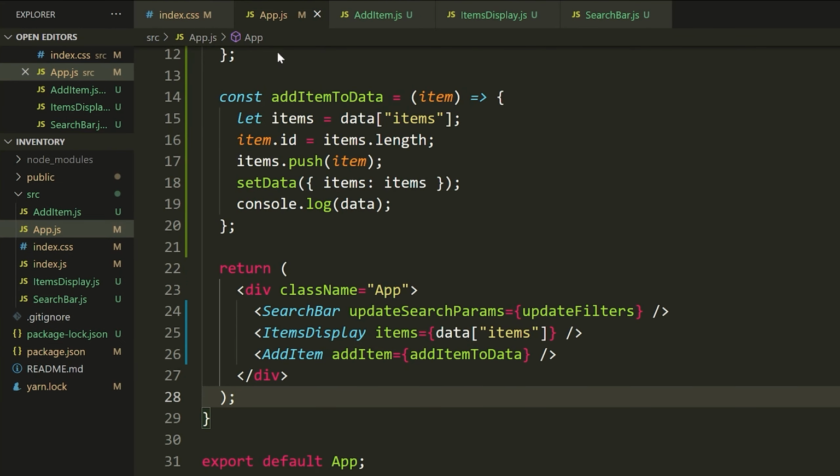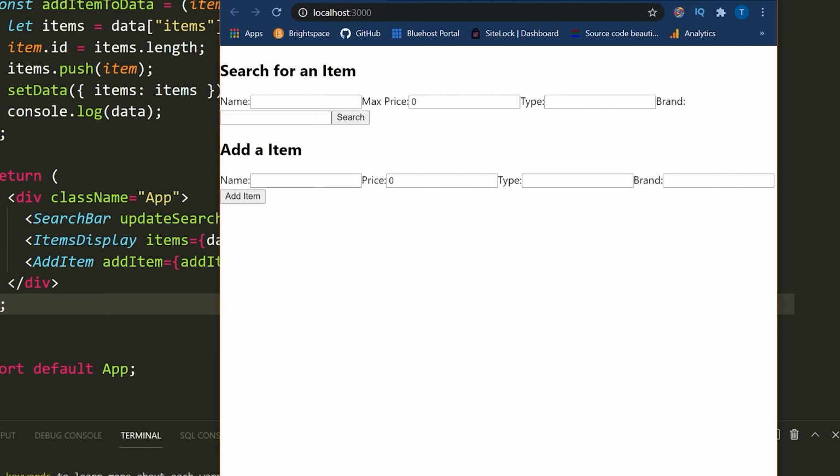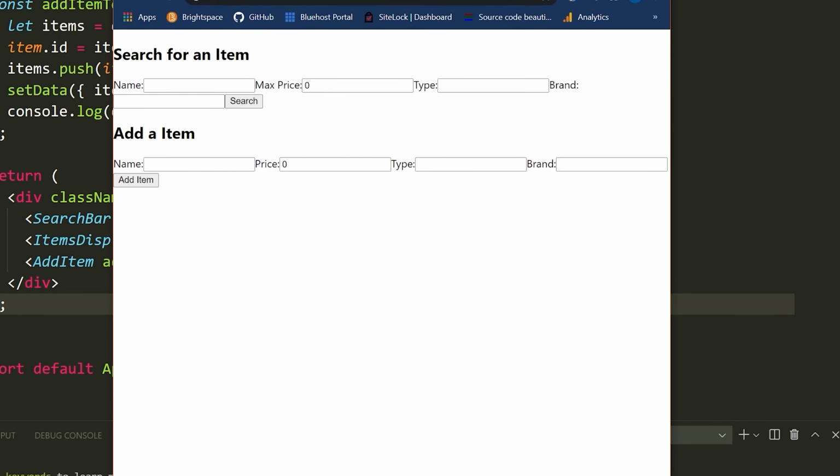Okay, so let's get started by going inside of app.js. The first thing that I want to do, if I'm looking at my website here, is space out these different things. I don't want to have search item and add item and my item display all mushed together. And you can see how they're mushed to the side of the screen here. I just want to have them aligned in a grid system.